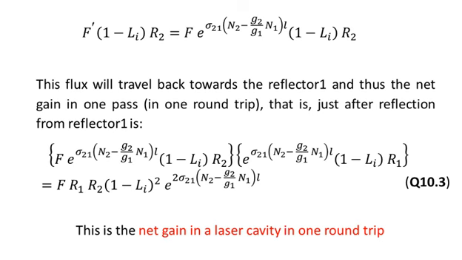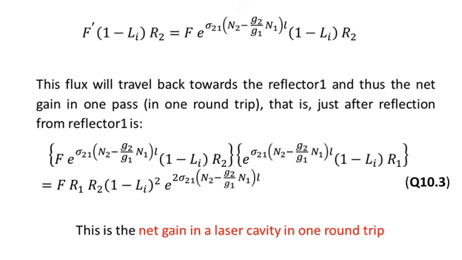So you see that this is what we wanted to calculate, because we have also included, notice that in these curly brackets, 1 minus Li, which is actually the loss term. And the other terms are actually the gain terms. And R2 and R1 are the power reflectivities of the reflector 2 and the reflector 1. So you see that we have included all of these, and f is the total flux which was initiated,